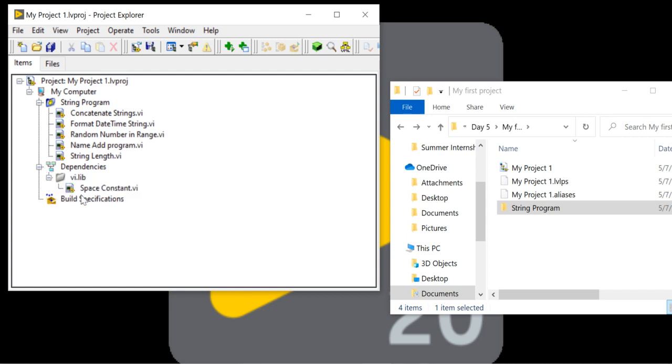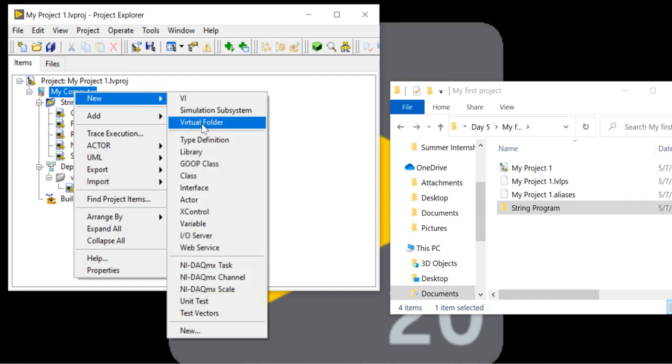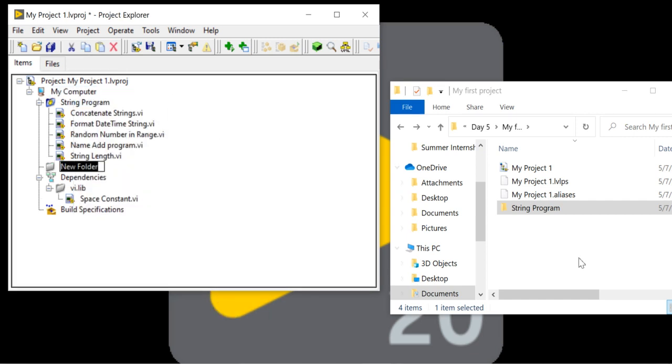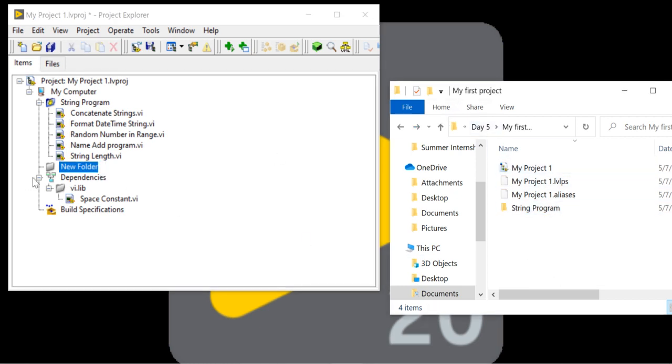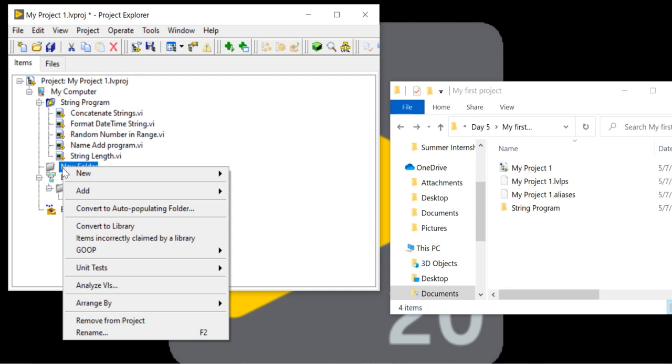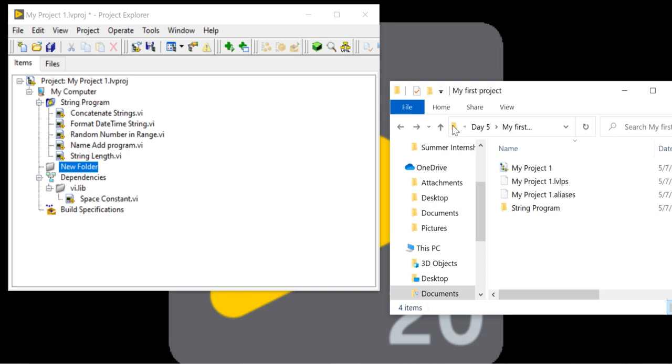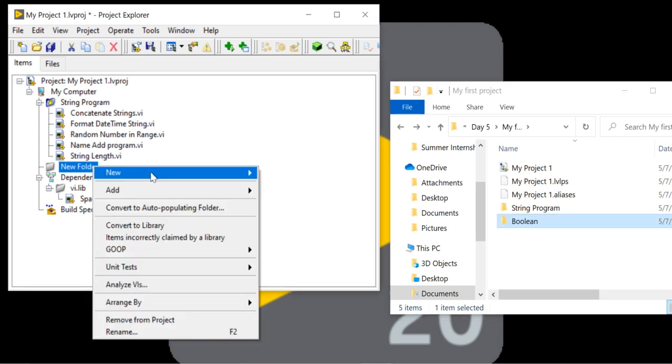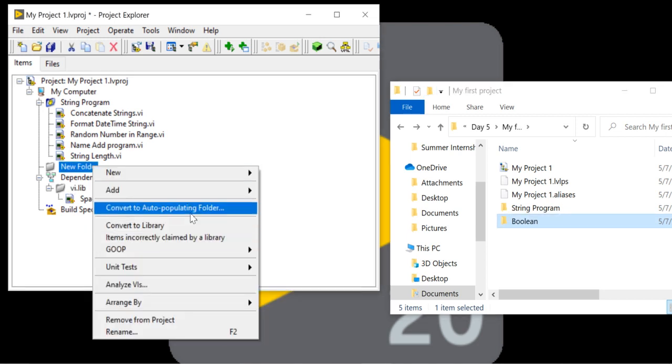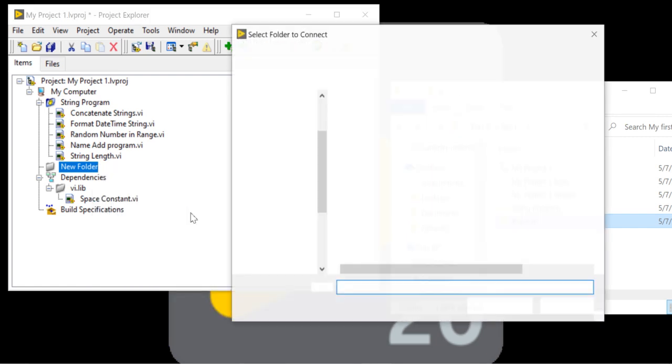Here I am teaching you how we can manage our programs, libraries and others. Here I am going to create one more virtual folder, making one folder boolean. Now I am going to select this boolean and convert it into auto populating.